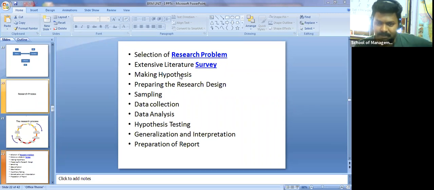Once you analyze the data, based on the analysis you may get some output. So what is that output? Maybe you applied correlation, regression, factor analysis, t-test, paired sample t-test, ANOVA test, or any other statistical technique. Then based on that you are going to get a value and you are going to prove a hypothesis.